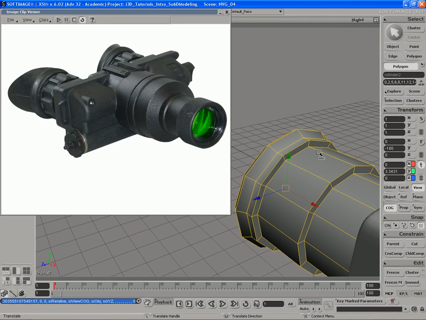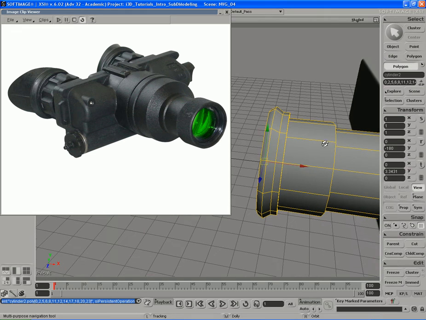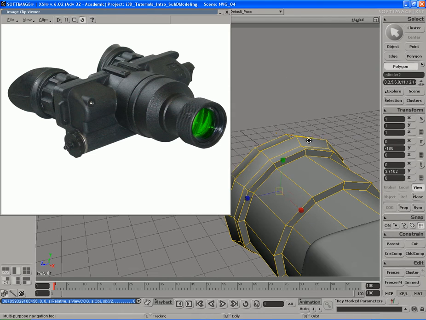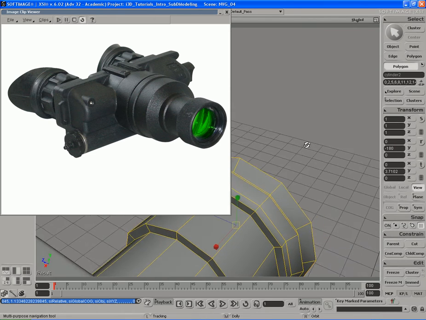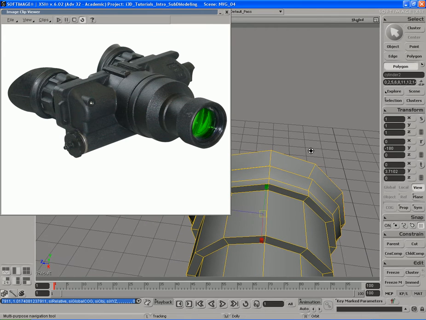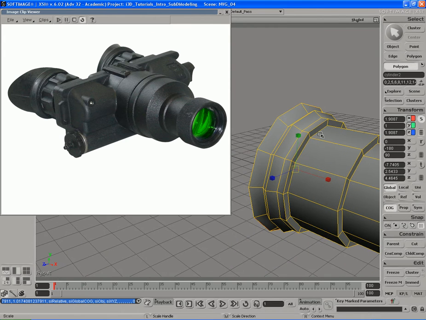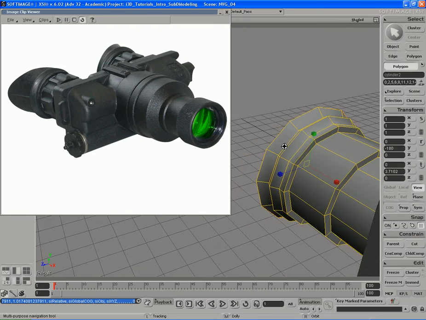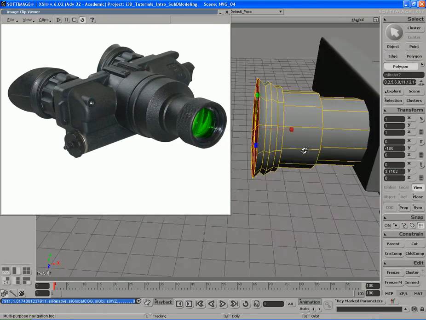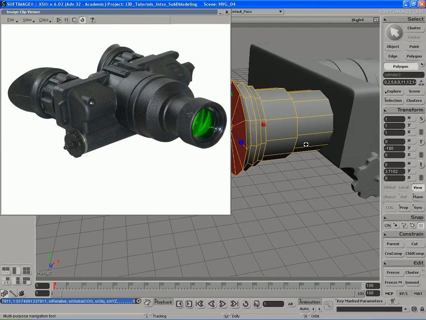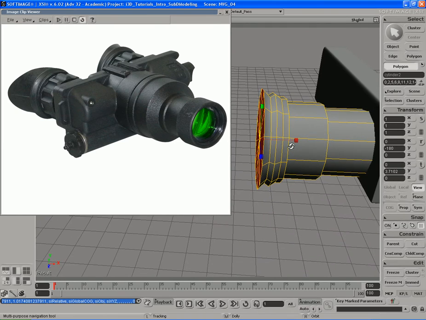And then from there, I'm going to hit Control D to extrude again. Pull it out and scale it out like this. Just a little bit. And now this side is going to stick out kind of like this wing shaped out here, but then this side is not. So to be able to achieve that effect, it's actually going to be pretty simple. What I'm going to have to do is